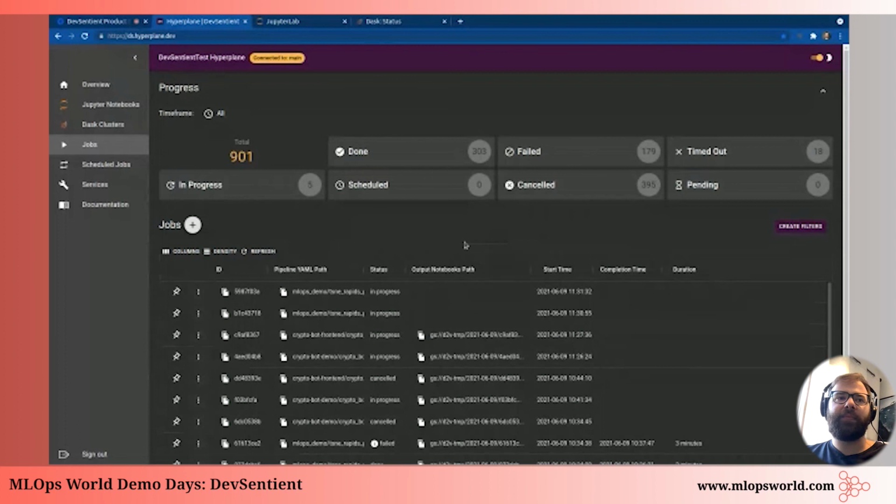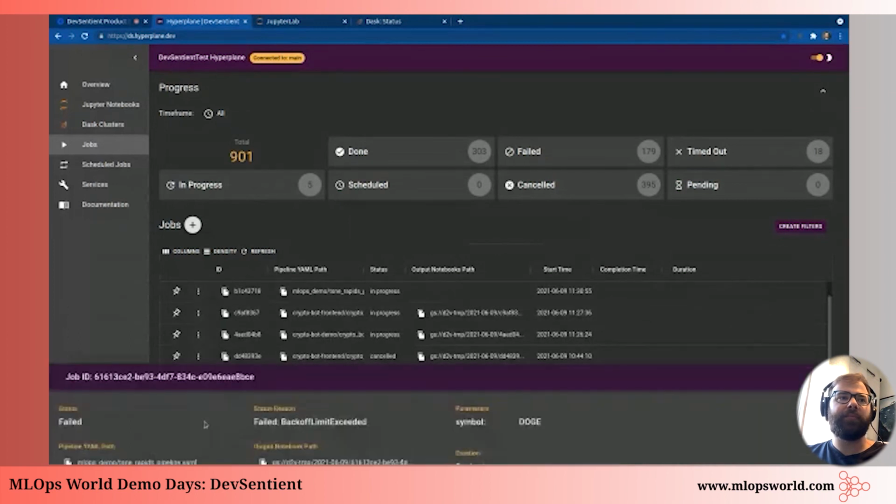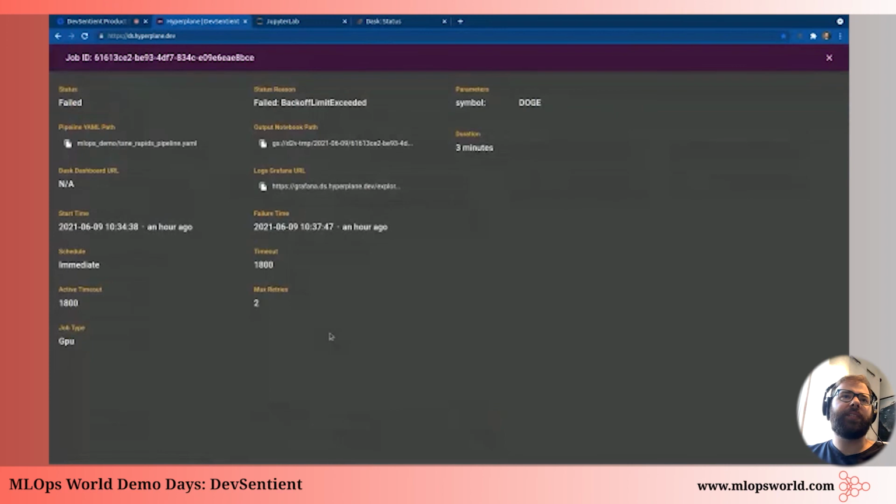and grab the notebook from the previous demo I gave earlier this morning. So it's right here. You can see very similar details. I'm running that TS&E Rapids pipeline, and the symbol that I'm putting in is Doge.